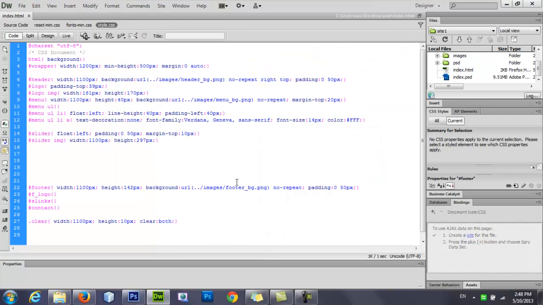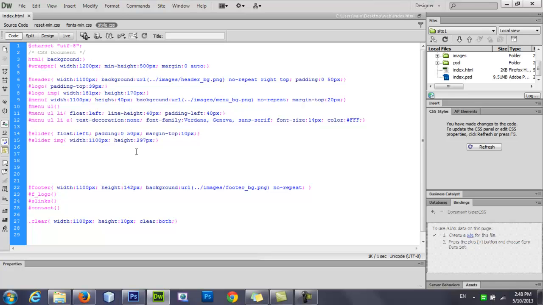Oh, sorry. No, it's supposed to be the footer is 1100, height, the background. Yeah, no repeat. Okay, then in the header it's 1100. It's supposed to have